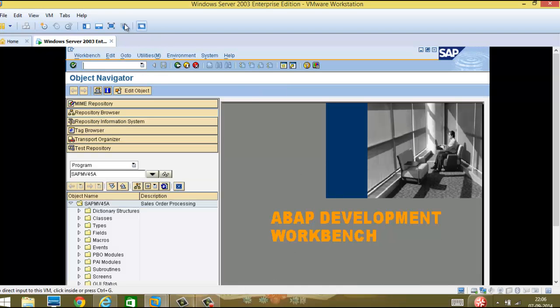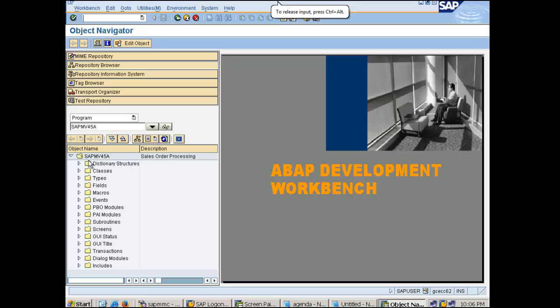So we have this SAT screen now. Guys, whenever you see me going to SAT for a standard transaction and you see the program name, you can see that if it's a module pool program, it will start with SAP M. So SAP means SAP, obviously, M means module pool program. So the nomenclature for a custom module pool program would be SAP M Z or Y,